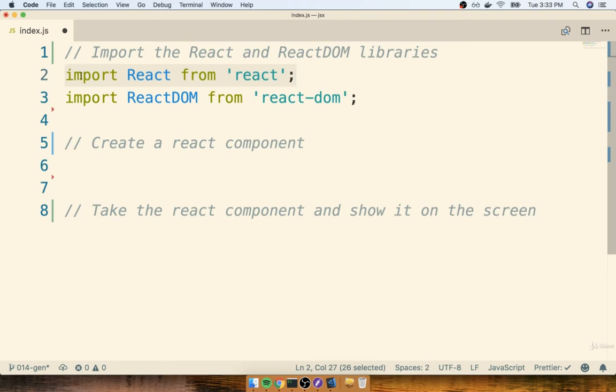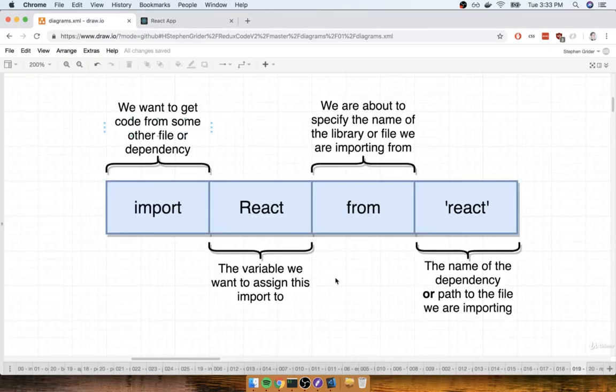But for right now, let's just examine the import statement that we're making use of. All right, so quick diagram. First we place the import keyword. This tells JavaScript that we want to reach out to either a dependency or another file inside of our project. Import statements like this can be used to import either dependencies or packages that we install to our project, such as React and React DOM, or files that you and I author.